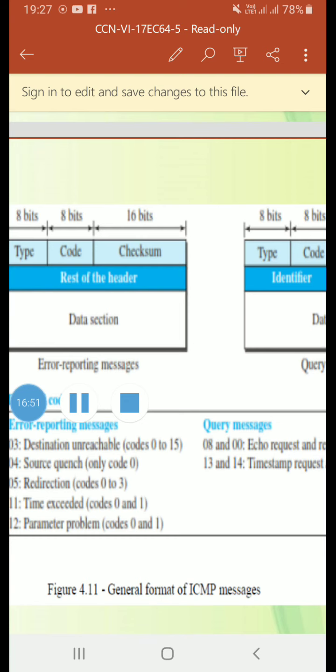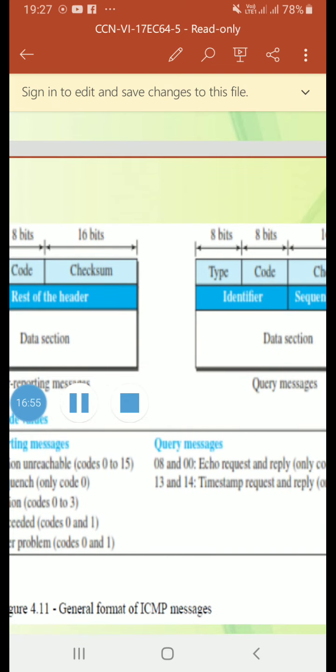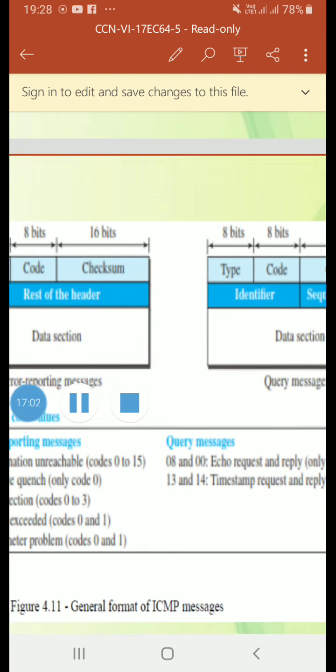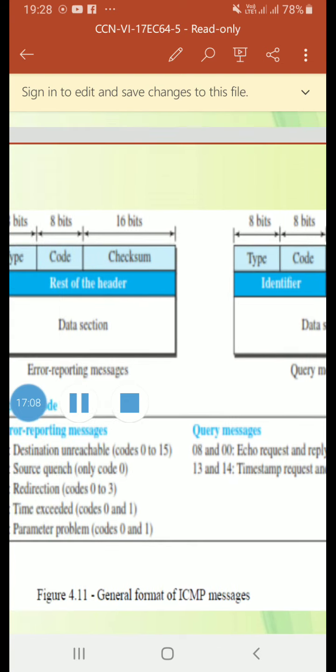The code field specifies the reason for the particular message type. The last field is a checksum field, which is 16 bits in both cases. The rest of the header is specific for each message type.